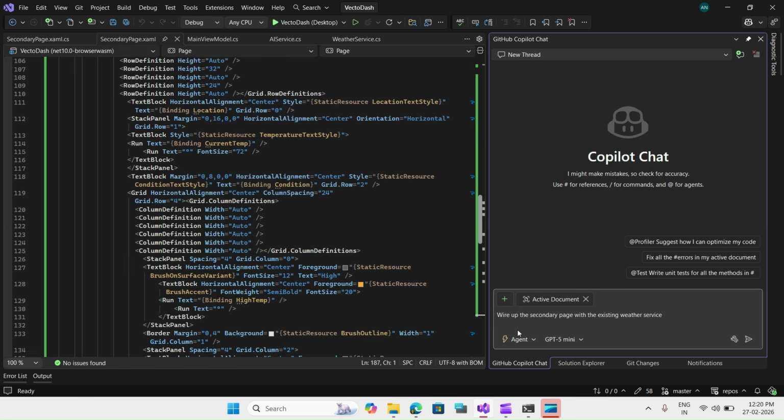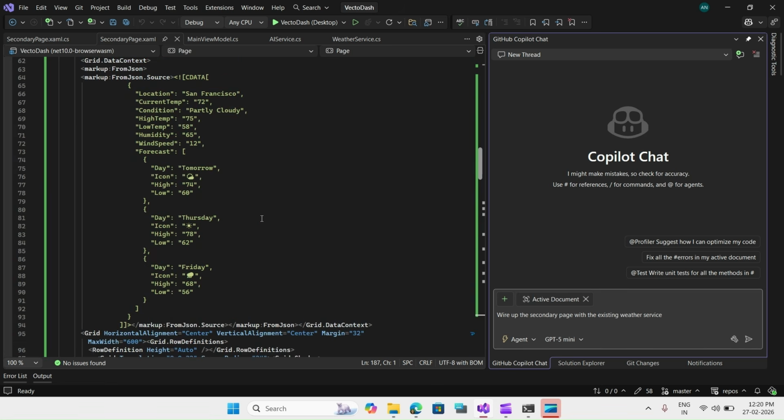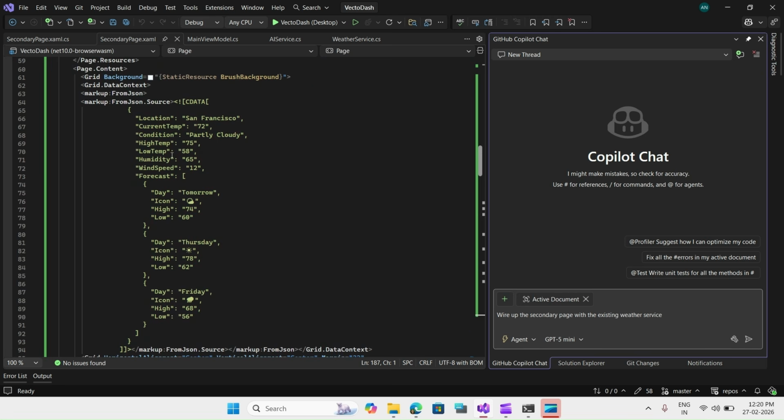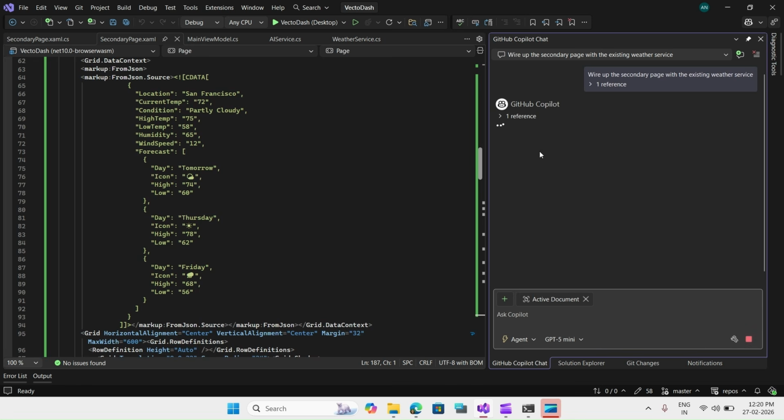So I have written a prompt: wire up the secondary page, which we have created and designed using the Hot Design agent, to the existing weather service, and make use of the existing weather service to fetch the weather data. Right now, it is some static data in the XAML. If I scroll up over here, you can see the JSON source, and it is displaying the static data. So I will leave my view over here and click on send,